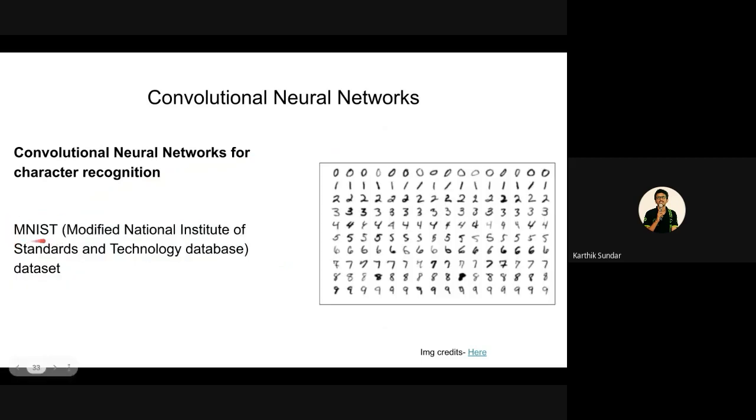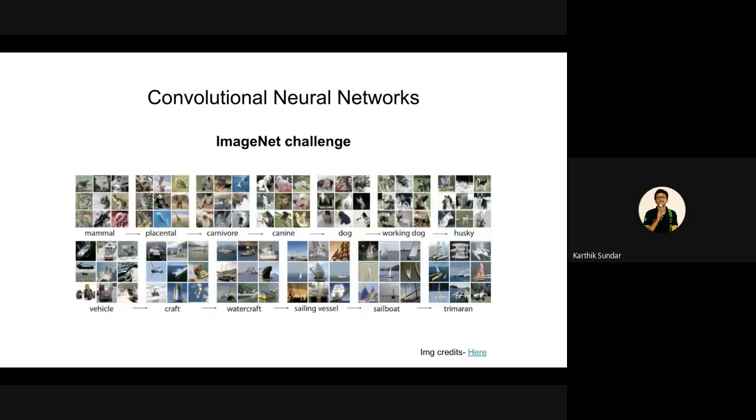This MNIST dataset consists of numbers, and the task was to identify the given number in the image. So when different datasets and different people started contributing towards this, the field of convolutional networks started to increase. It started to widen its scope. And later, I think the biggest advancement in CNNs is because of the ImageNet challenge. The task is they'll give a photo and you'll have to classify whether it's a mammal, a placental, a carnivore, or a canine. So this was the task of the ImageNet challenge.